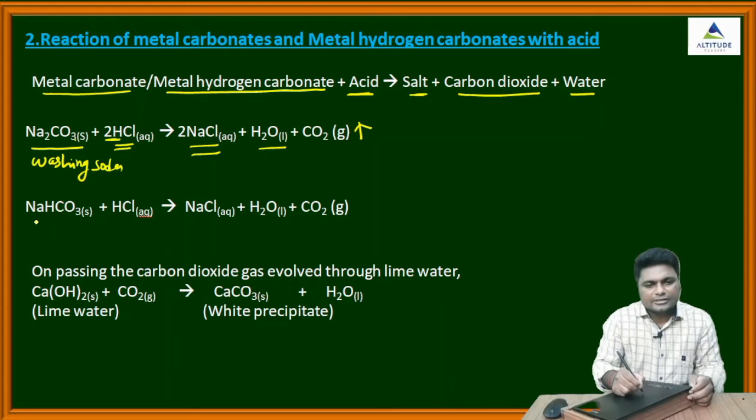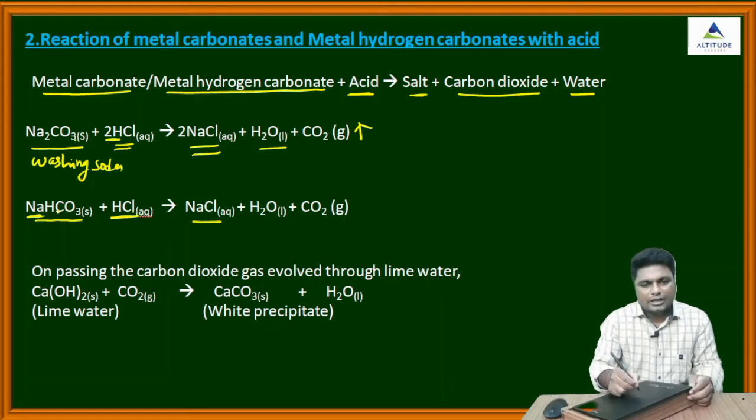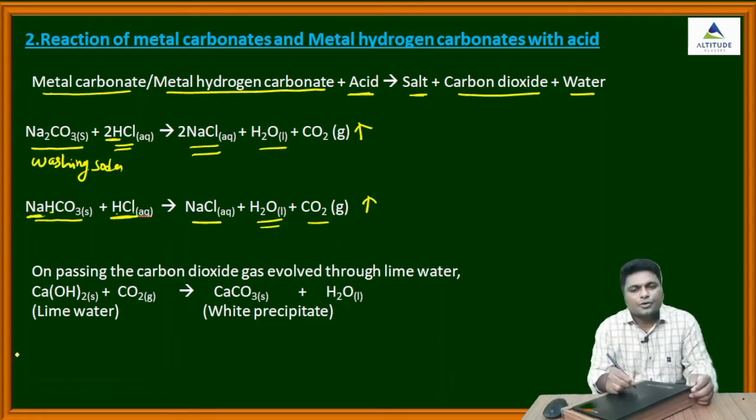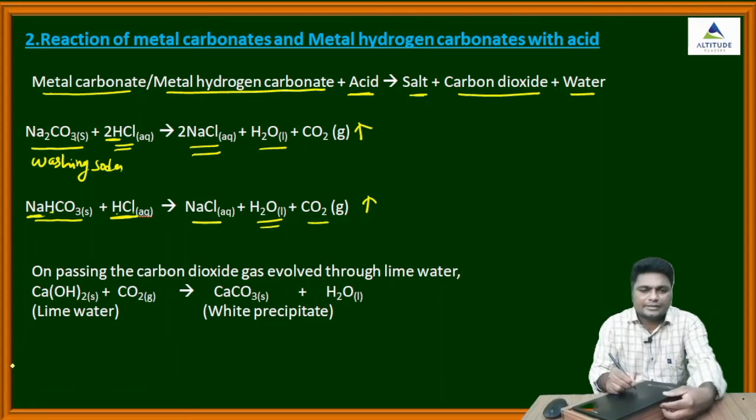Then if you take this bicarbonate, this is also called baking soda. When it reacts, I took only 1 mole of HCl. Why? Because here only 1 sodium is there. That's why 1 Cl. Cl and sodium give NaCl, and 1 hydrogen here plus 1 hydrogen, 2 hydrogens, will take 1 oxygen from CO3, giving liquid water. Then you will get carbon dioxide. Clear?